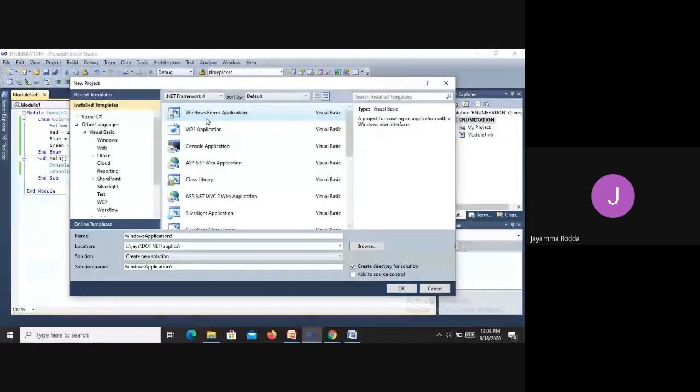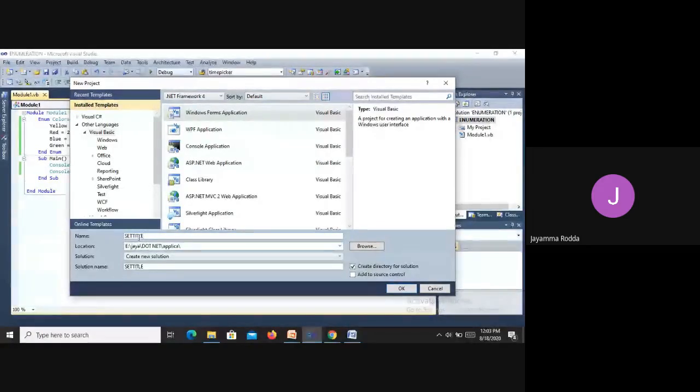In this Windows Form application, what are we having? Here I'm going to give the name of the application. So the first property I'm going to do is set the title. Set title.